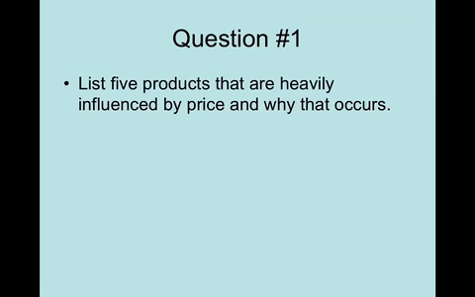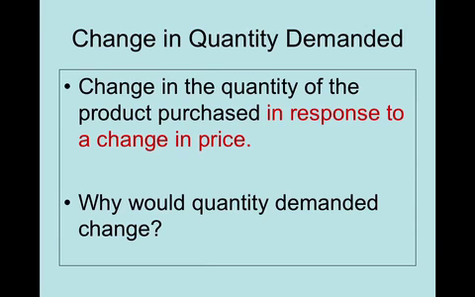Now, what I would like you to do here on this first question, again, this will be the first one you can write out. You're just going to give me 5 products that are heavily influenced by price, and then tell me why. Again, at this point, you're sort of speculating a little bit. I would actually like you to answer this question before you move on to the next stuff, because I'm going to give away a little bit of how this happens. But just sort of speculate. Pick 5 things that you think are heavily influenced by price, and then tell me why, just in a real quick sentence, why those things might be that way. Okay? Again, chance to pause to answer the question. I'm going to move forward. After you answer question 1, move to the next slide.